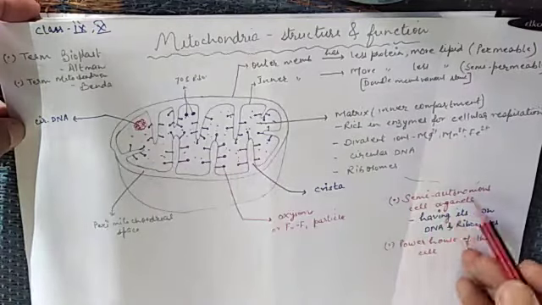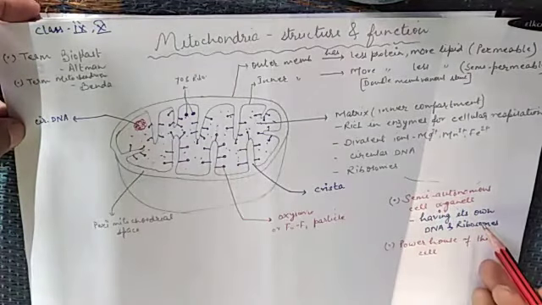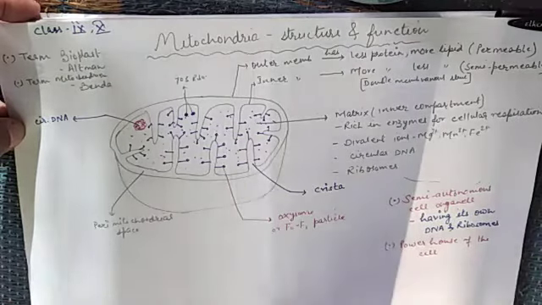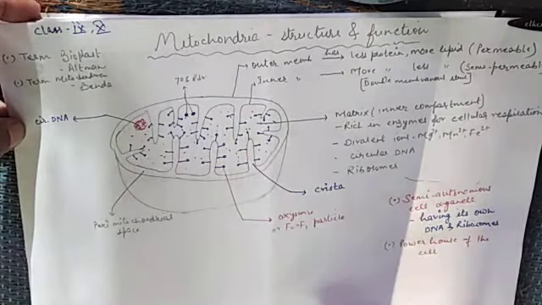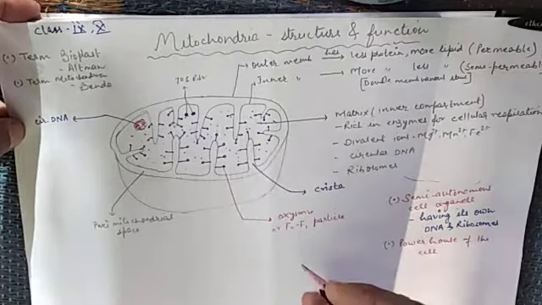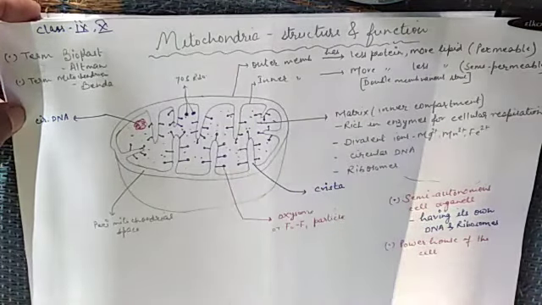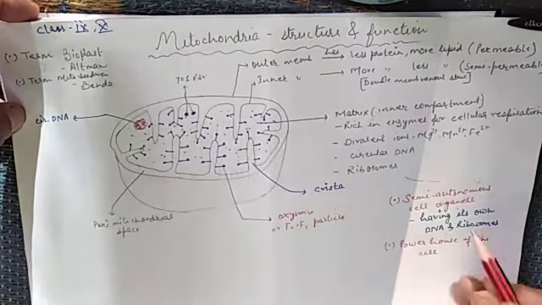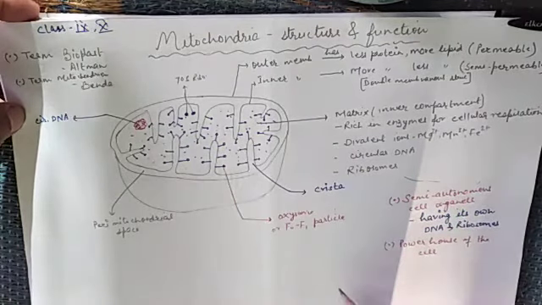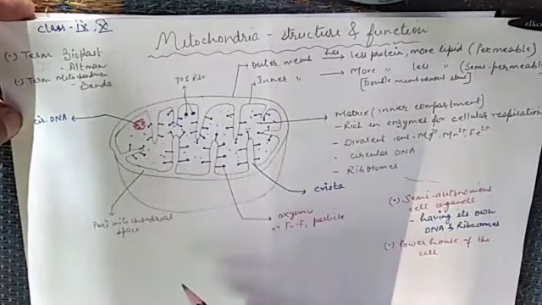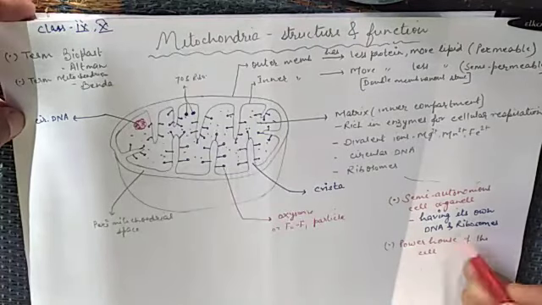Mitochondria is also called a semi-autonomous cell organelle because it has its own DNA and ribosomes, so it can replicate on its own. It is semi-autonomous, but somehow it depends on the source of energy, meaning carbohydrate. If the source is unavailable, then the energy, that is ATP, cannot be produced. So it depends on the source of energy, but it can form its own ATP. It can generate ATP due to its DNA and ribosomes.